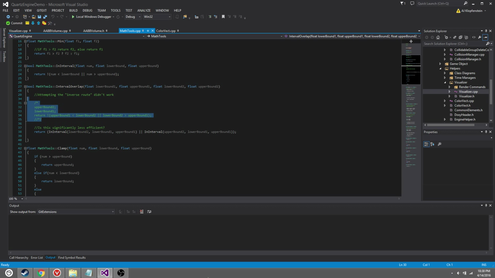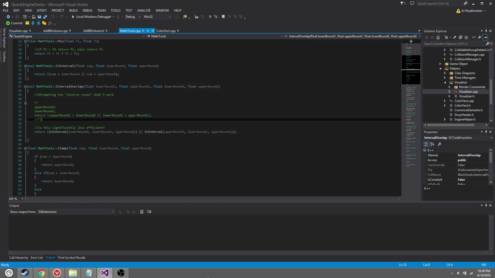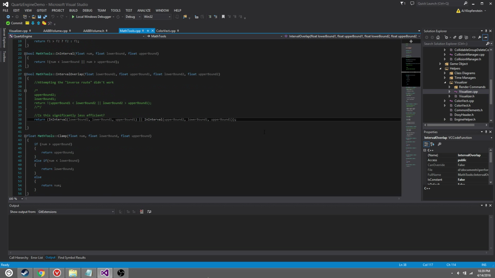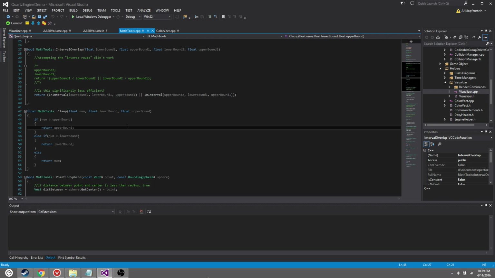I had a question about this one actually. This one wasn't working correctly, and I don't know if it was just because I was interpreting the math that we talked about in class wrong. But this makes more sense to me just logically, and I'm not sure what the efficiency ratings between the two are. But this makes use of the in-interval above there, so it might be a couple more operations, not 100% sure. Also have a clamp,